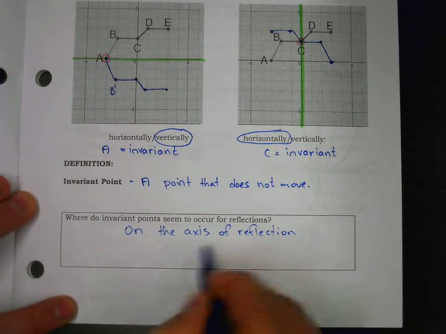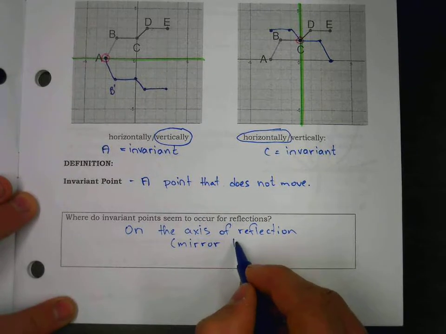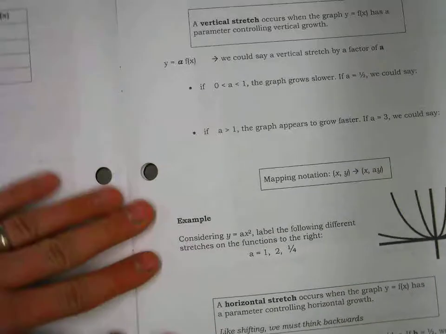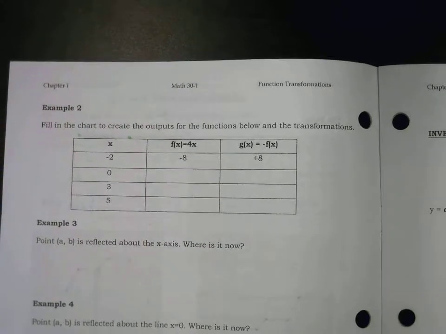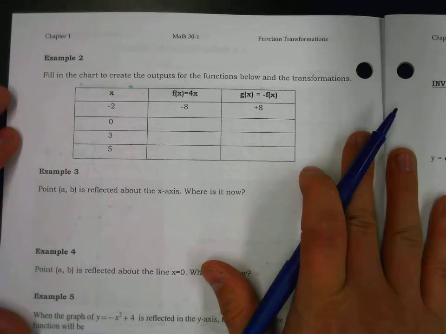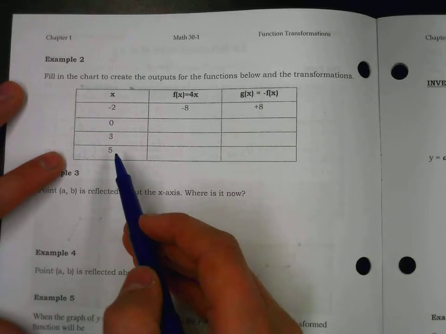And if you prefer to use a different word, you might call it a mirror line, because there is a little bit of a reflection or mirror that happens. So the conversation can be quite quick, but occasionally you'll see questions which refer from one function to create another one. So here's a quick chart which gives us a few x values,